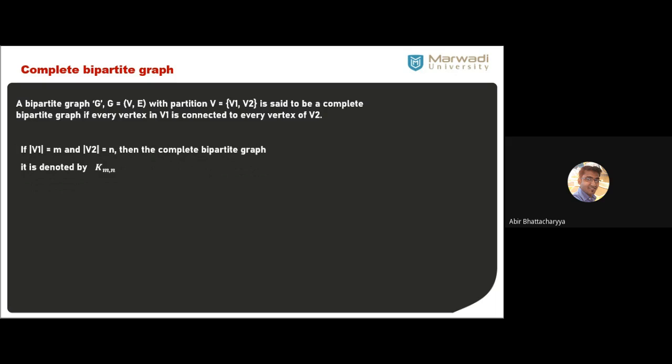Now, if I have the count of vertices in the first partition V1, please look here. The count of vertices of V1 is M and the count of vertices of V2 is N. What is V1 and V2? What's your name, by the way? Sorry, what are V1 and V2? V1 means the first partition, V2 means the second partition, right? So the first partition is M, the second partition is N, meaning the first partition has M vertices and the second partition has N vertices. Okay.